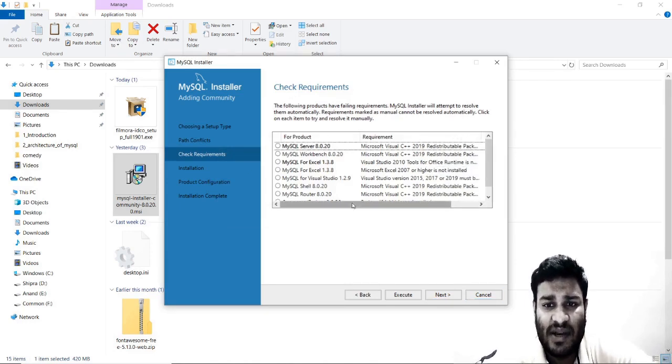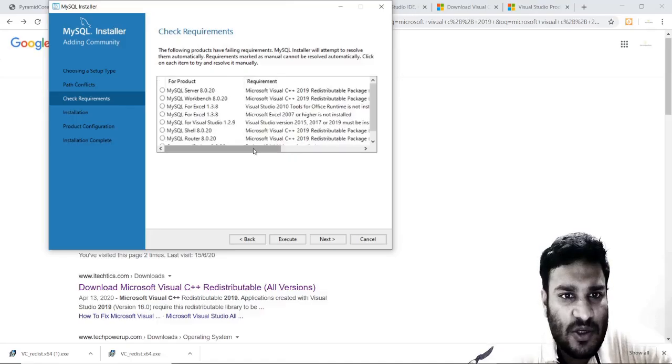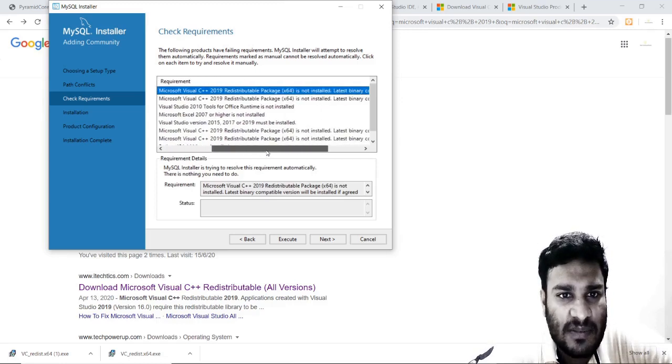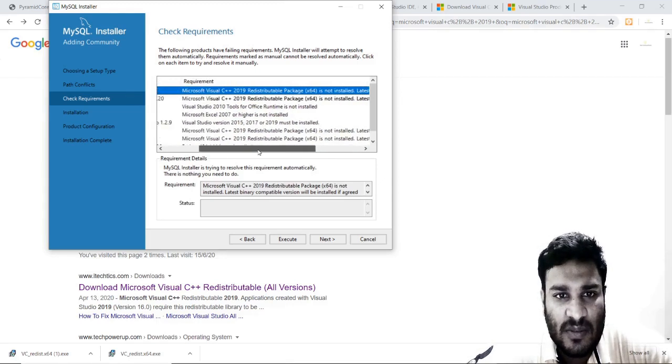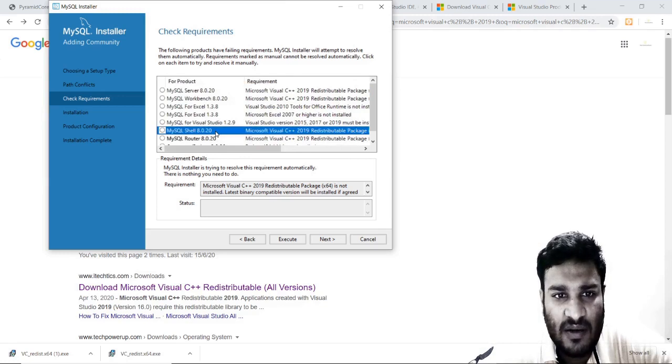MySQL Server has a prerequisite: it wants the Microsoft Visual C++ 2019 Redistributable package. This is nothing but a library for C++. You can see over here that MySQL Server says the Microsoft Visual C++ 2019 Redistributable package is not installed. Similarly, this same thing is required for Workbench, for SQL Server, for Shell, for Router.